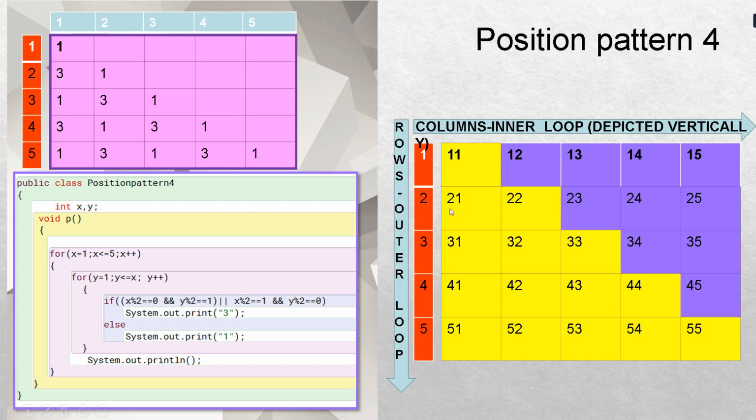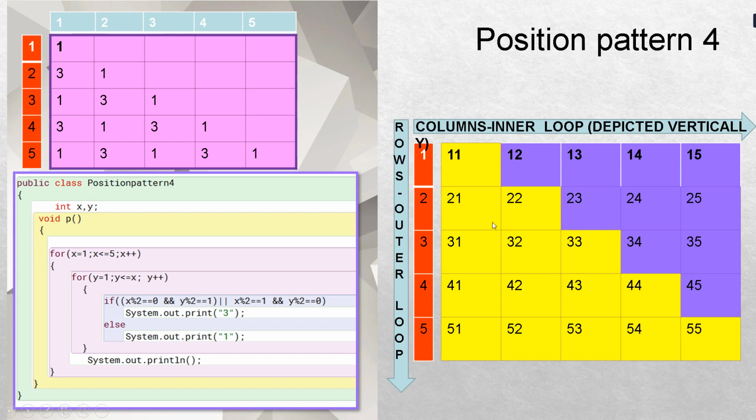That means at locations 2 1, 4 1, and 4 3 I need to have 3 printed.